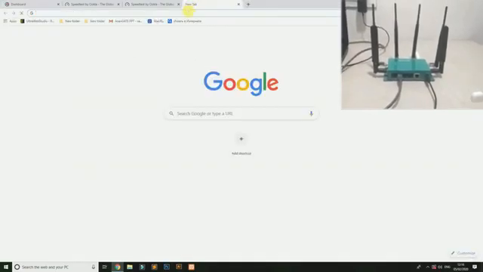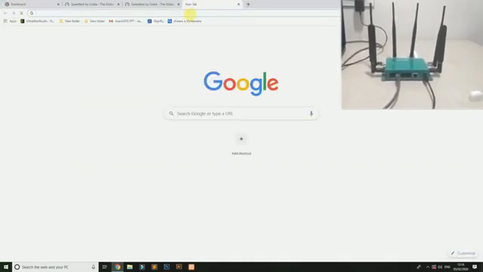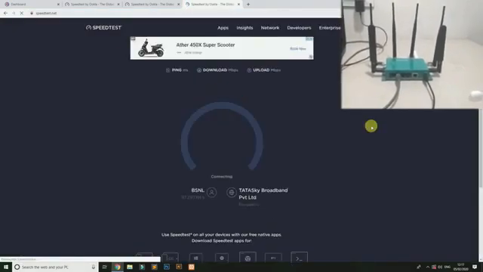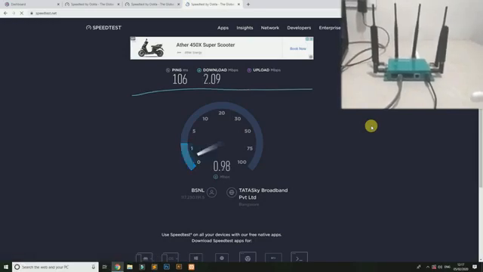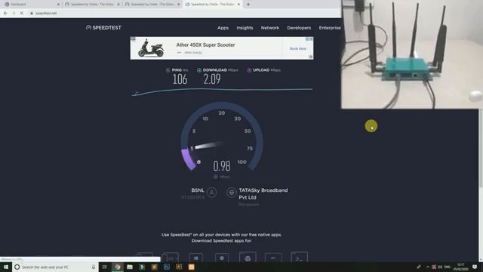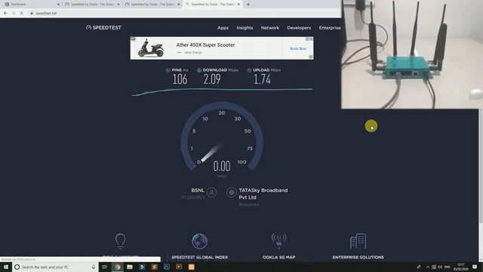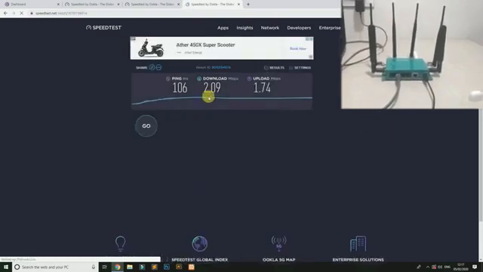Once again, we perform the standard online speed test to determine the speed of this connection. You can check the results on your screen.